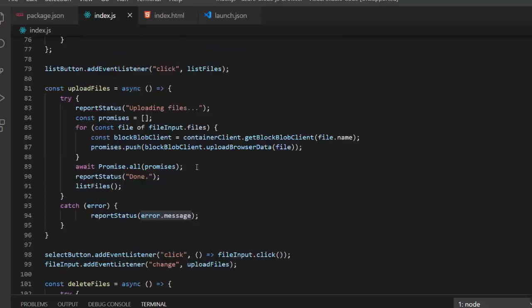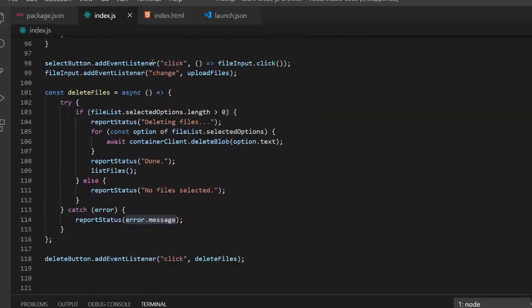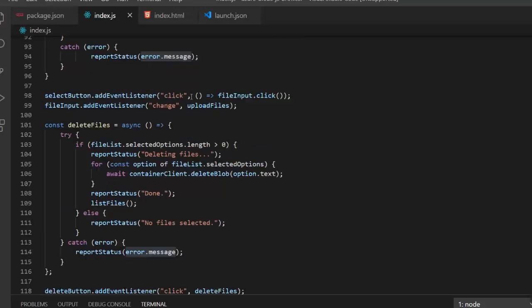Okay, next thing is the select. Okay, so next thing is when we click on the file input dot click. So basically this is using the upload file button. So if there is any change in the upload file, then using the select button, we are getting the add event listener, and we are using the click event to check whether there is a click or not in the file input option.